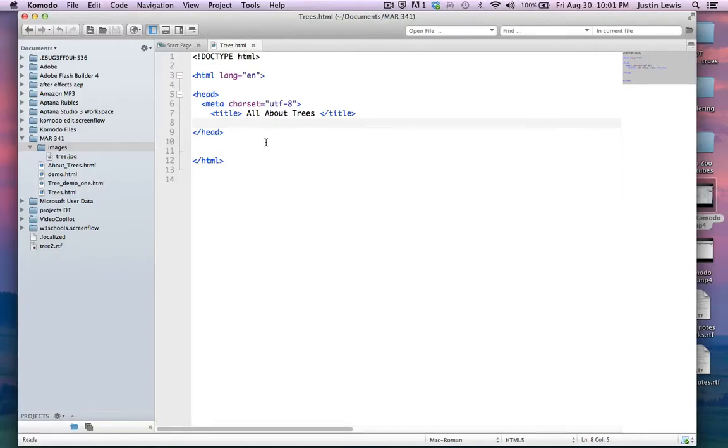I think for now that's all we're going to put in the head. You can put some more stuff in there. We'll actually get to that later. We'll add some references to CSS files later, actually. But for now, we're going to go ahead and leave the head, and we're going to go on to the body. I'm going to go ahead and move HTML down there a little ways so that we can kind of